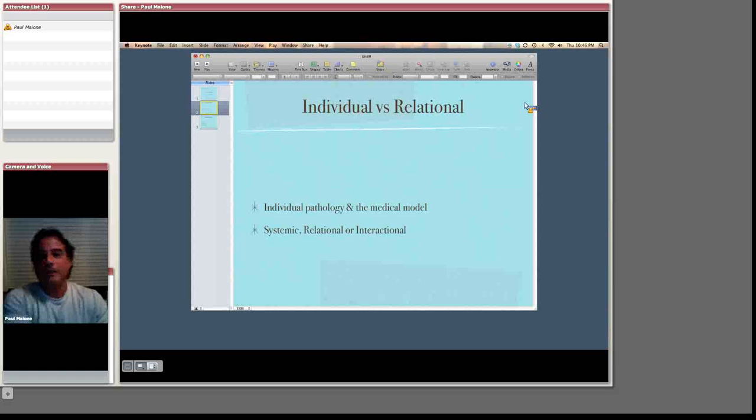So, okay, individual versus relational perspective. In the relational formulation, you want to begin to look at any symptomatic individual in context and say, okay, what is the pattern of interaction around that symptom? The more this person does this, the more this person does this. Let's just take an example of a couple and the stereotypical: my wife nags and nags and nags, and our main problem in our marriage is all my wife does is nag at me all the time. Nothing I do is good enough.